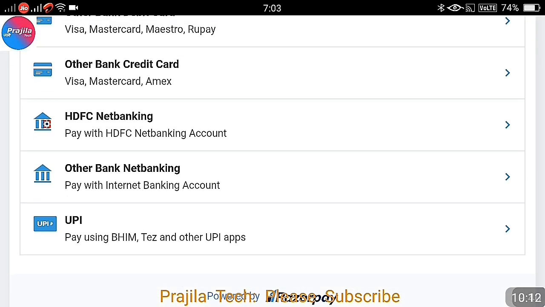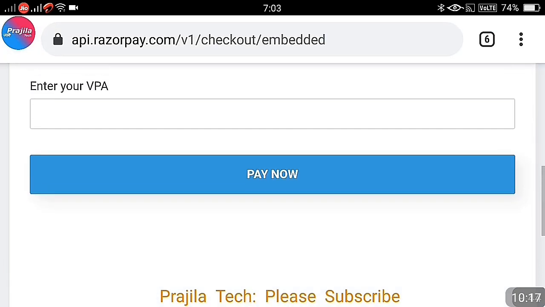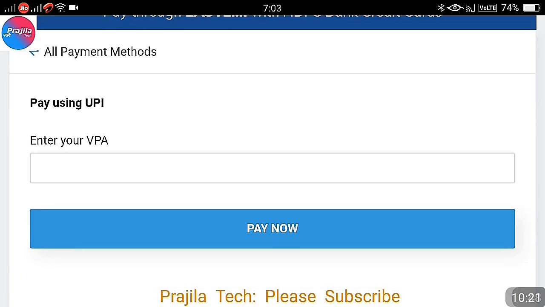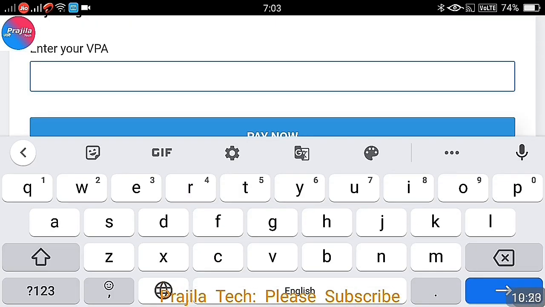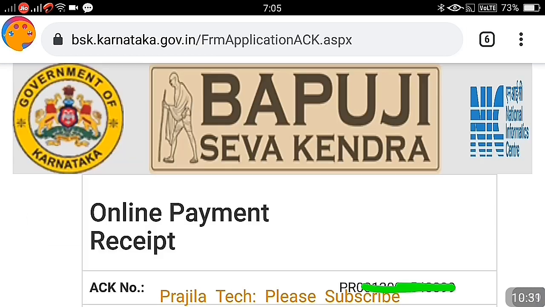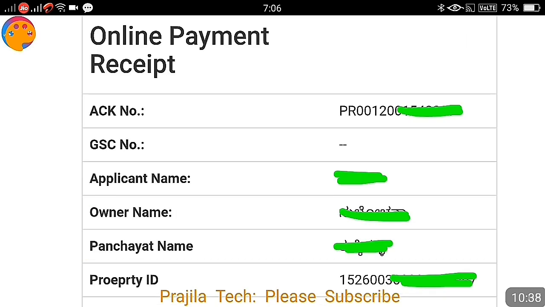For example, I just quickly select UPI because that is almost the fastest method, and NEFT needs username, password, all these things. And for the UPI ID, when I enter my UPI ID here, it should be something like your name at OK Axis or your name at OK ICICI, something like this. Okay, your username, plus click on pay now. It's very fast. I have approved it on my Google Pay. You can see here online payment received.